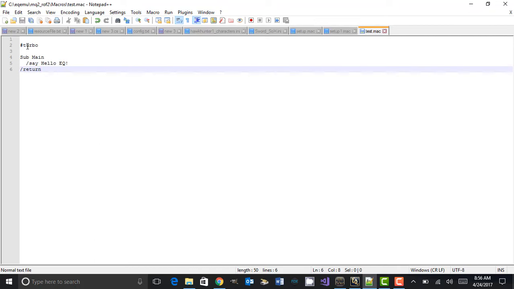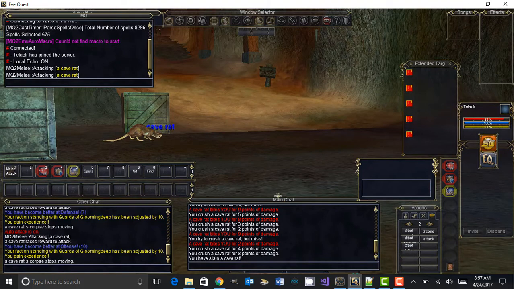So you should start your macros with turbo, or at least it used to be that way. I think it still is. And this is just basically all right, and then you have your sub main, and then it ends with return, and our command is going to be say hello EverQuest. And once you type it in, you click save, and then you can go to EverQuest,